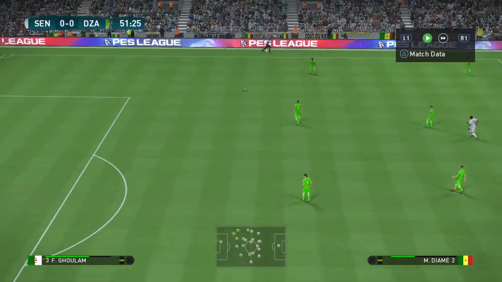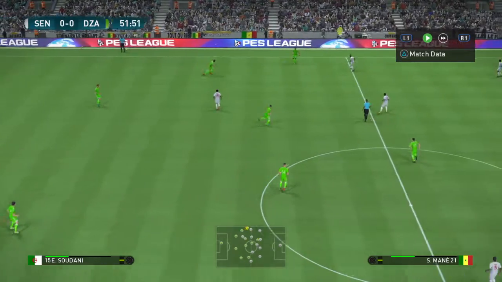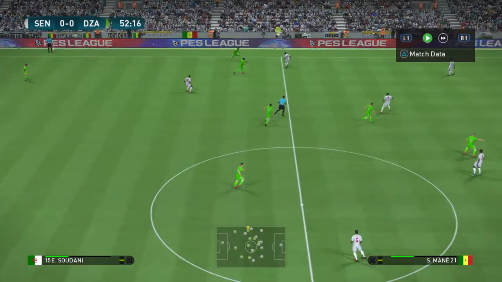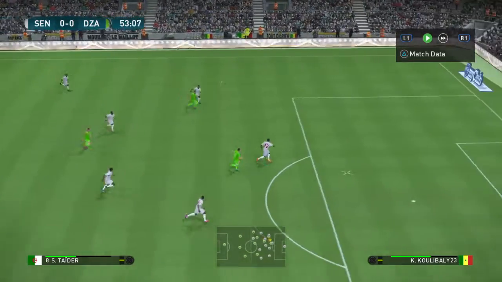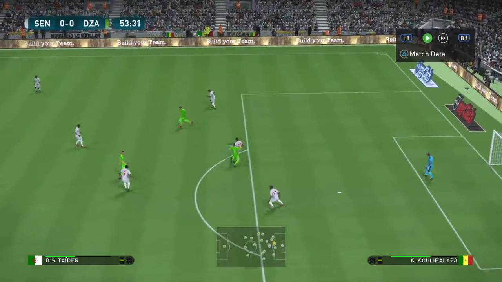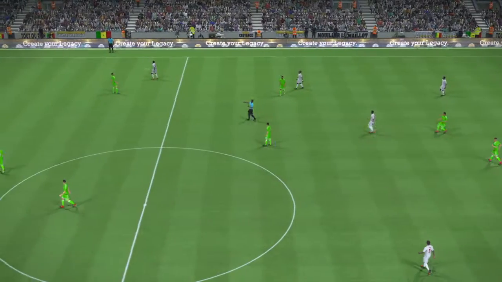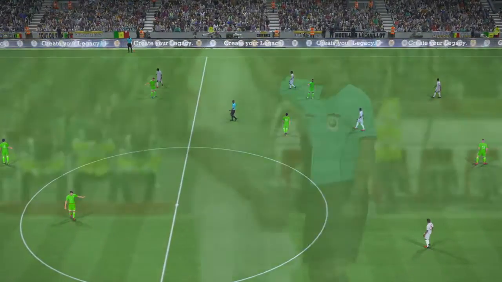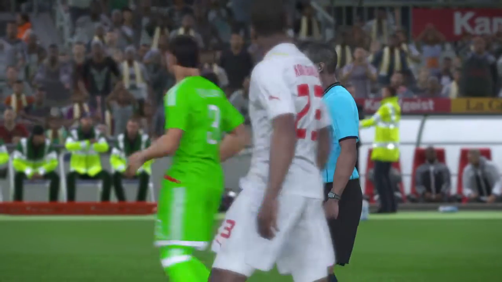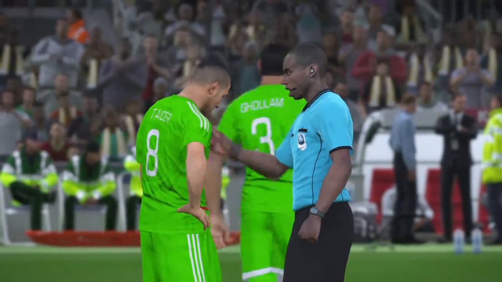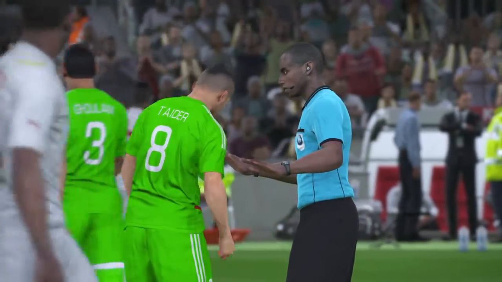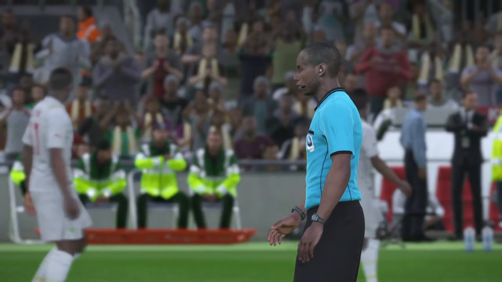Boulay is taking his kick. Goulam. Still Goulam here to Sudani. But the boost. Long ball towards Tadder, but he can't get there. The Senegalese defense will clear this one. And the ref is blowing for a foul here against Algeria, I believe. And this one is going to be a warning to Tadder for his close challenge there on the Senegalese defense.